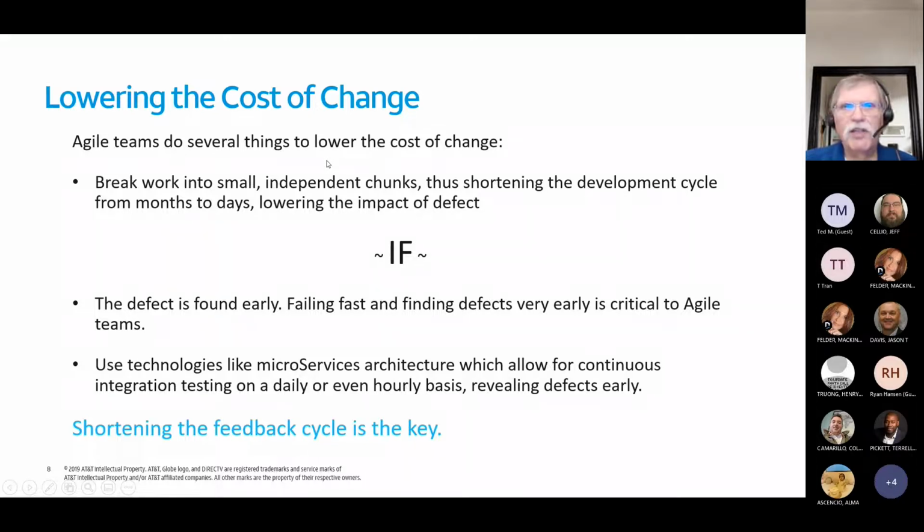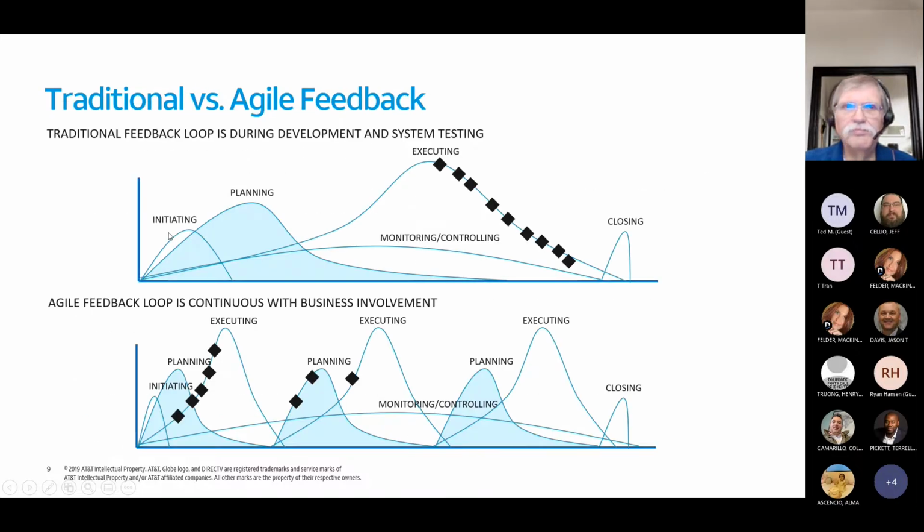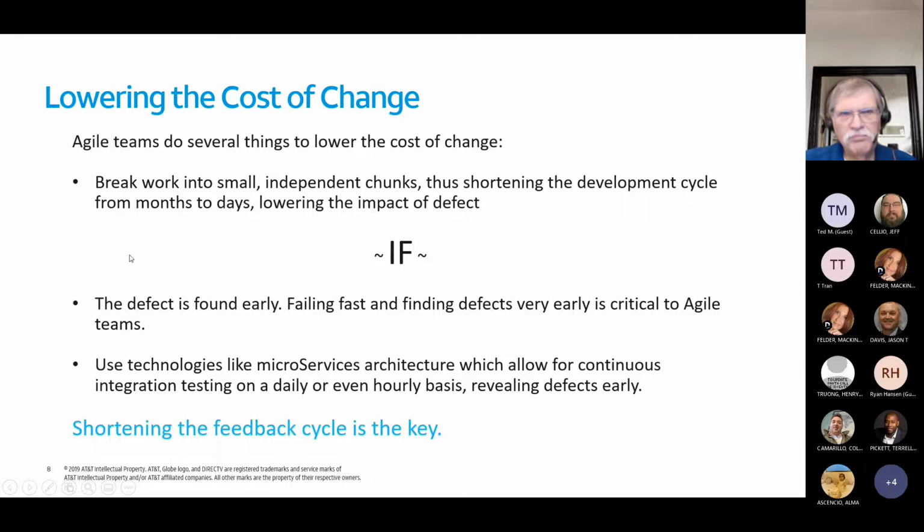So what you're actually doing is shortening the development cycle. Okay, and we can lower the impact of the defect if these two things occur: the defects are found early. That's why we talk about failing fast, so that we find the defects very early and make sure that they're addressed. And we want to be able to use technologies such as microservices architecture, which will allow us to do